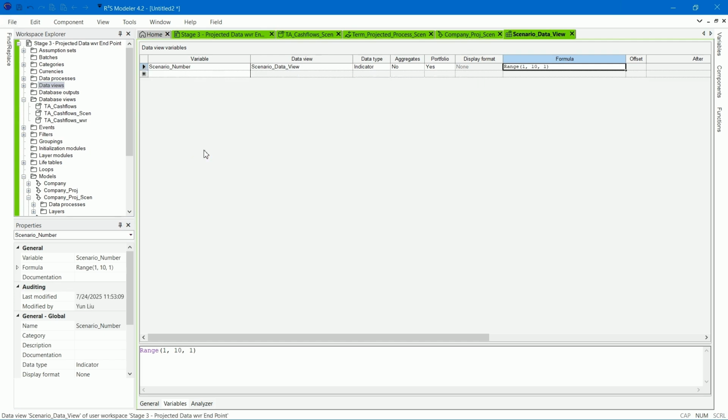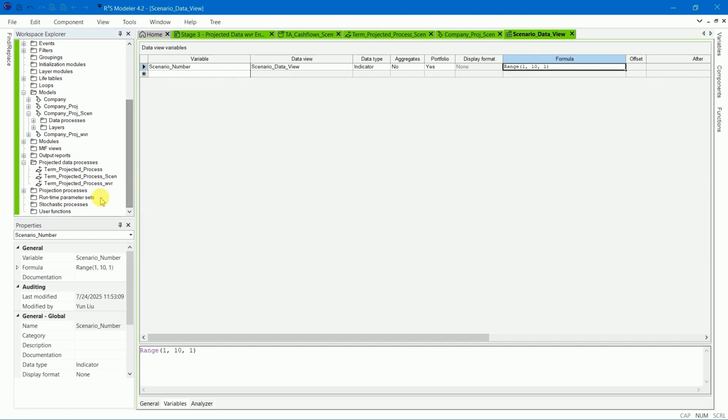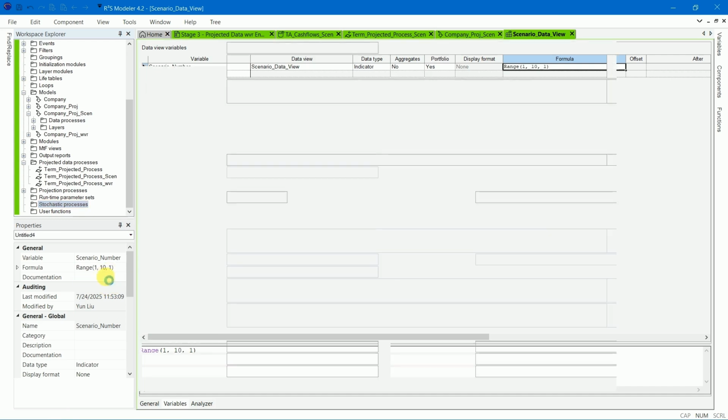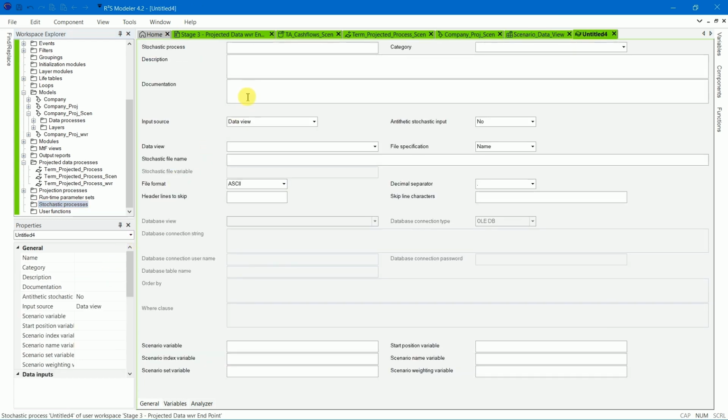Next, create a new stochastic process. Right-click on Stochastic Processes and click Add Stochastic Process. Name it Stochastic. Set the input source to Data View.